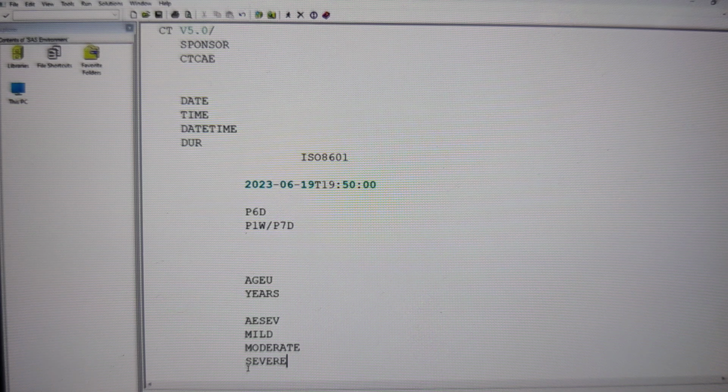Understand this one? Now, I will explain what controlled terminology we should use for a specific variable whenever we come across it, because if I explain everything in today's class as one topic, then you get confused and forget everything. So whenever we have that particular variable, I will explain about the controlled terminology for that variable.